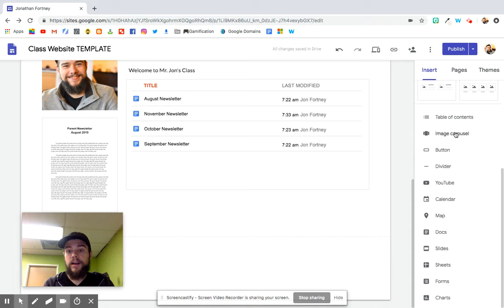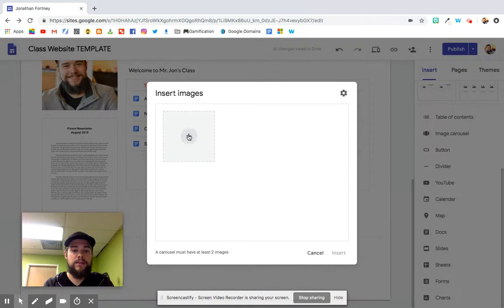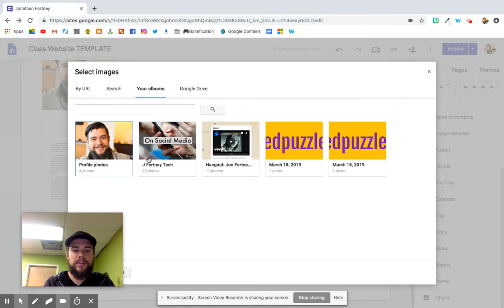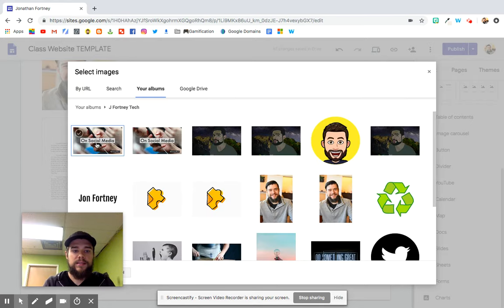So additionally, I can add an image carousel, which is awesome. It allows me to have multiple images in just the same image box, and then it'll just scroll through them. So I'm going to go to my albums. I'm going to click this. I'll maybe put just